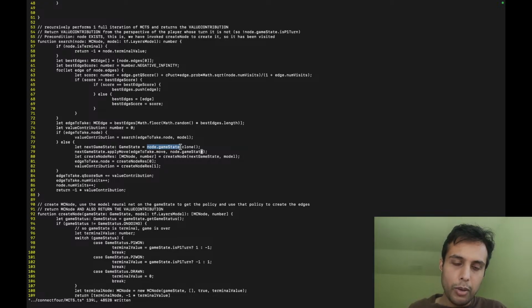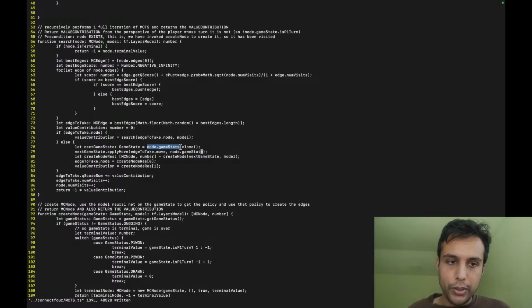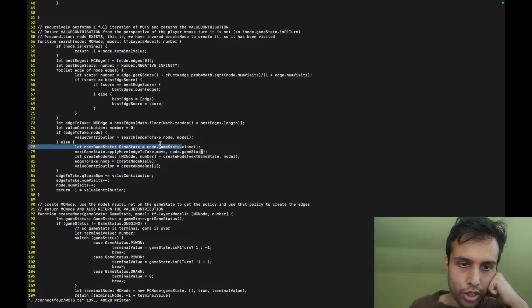It kind of reminds you of Git too, right? You have different hashes, different commits, different nodes, different snapshots at different times. Just like the MC node is a snapshot of a certain game state, and the tree search lets us look at future snapshots while not messing up prior ones. That's the whole idea: immutability. So we have a node.game state which should not be mutated. That's a rule. Then we copy it to get a clone, and on this clone we're doing the apply move.